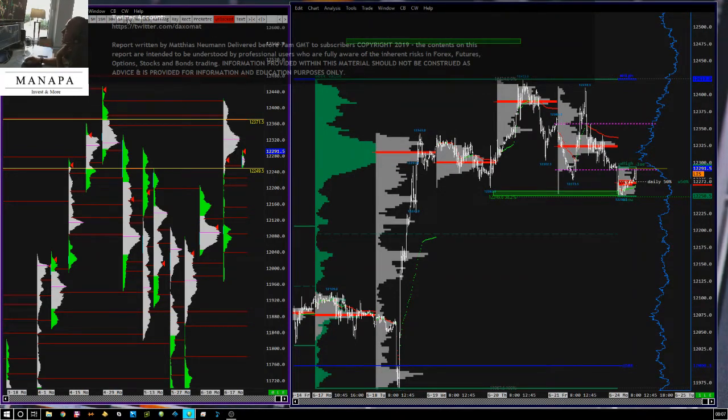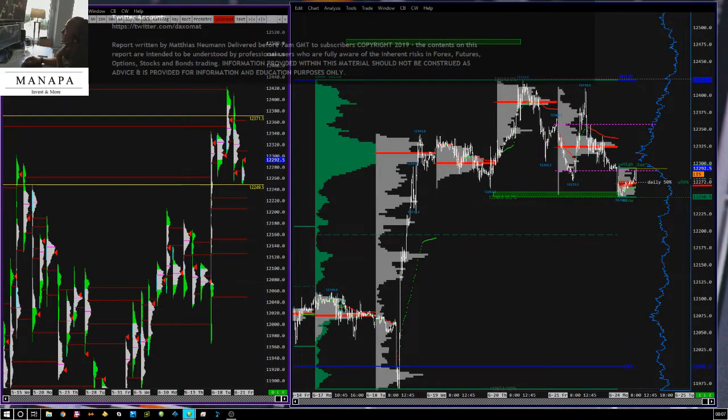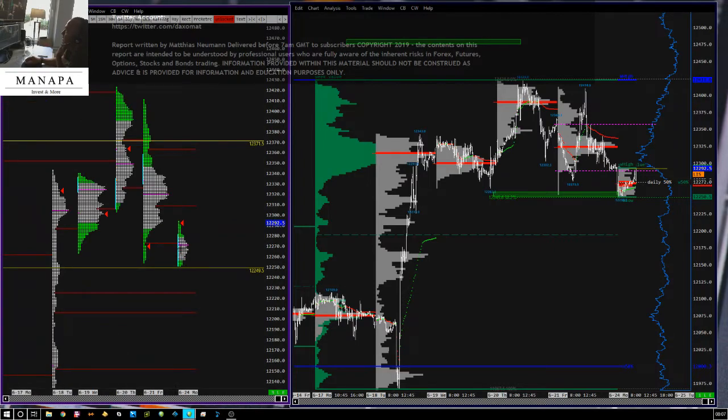Let's take a look at the daily profile. In the daily profile you can see that we got a low volume node last day, Friday, 310, but for me it's not so important because I look at this 3.5 days as one day, because you see there's no shifting in the value. The value is not shifting, we go sideways, and you can see that we